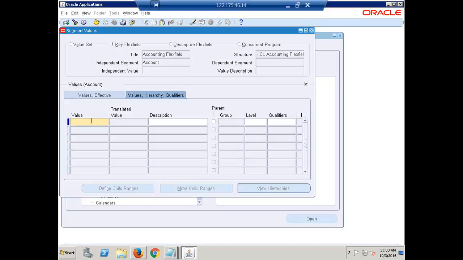Now I'll just give, so I'll give 1 lakh, 2 lakhs. So when we deal with the accounts, we have a separate practice. What we'll do is we'll be grouping all the accounts. We'll have a grouping like expense accounts should start with this series, and liability accounts should start with this series within the 6 characters. Okay, that's how we'll be doing that. I'll explain it when we do the